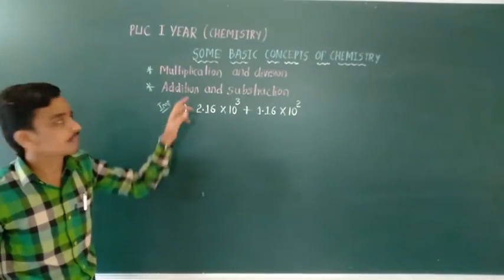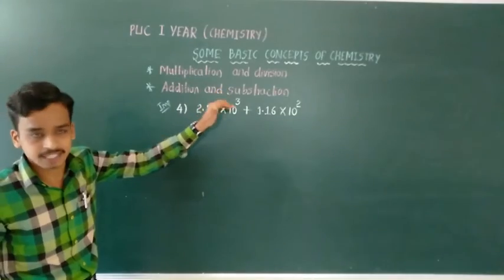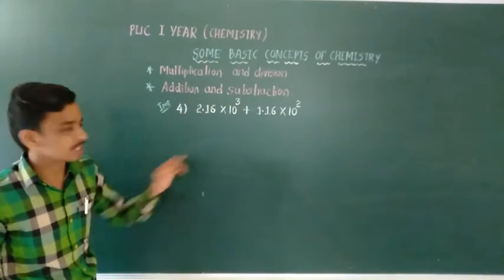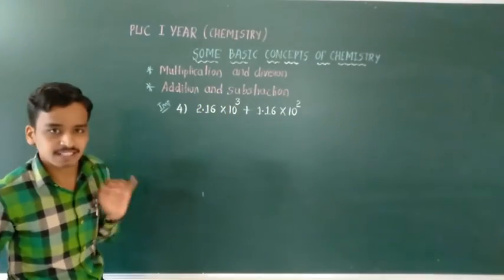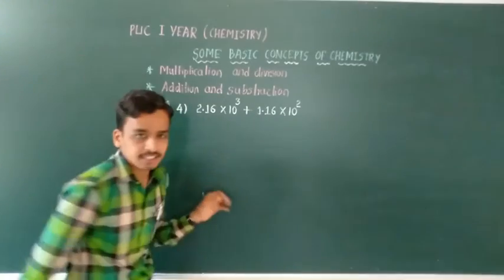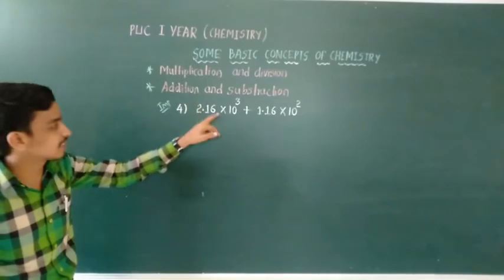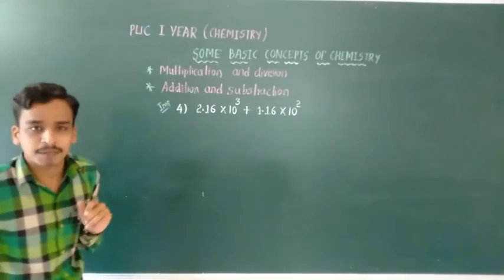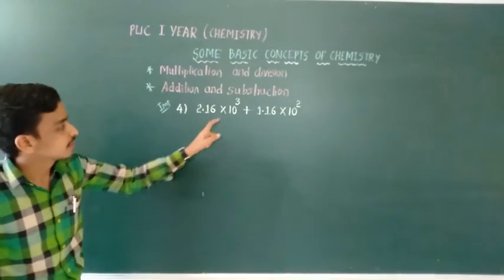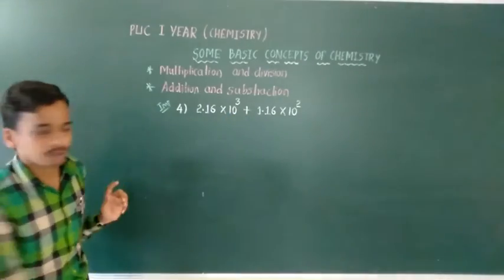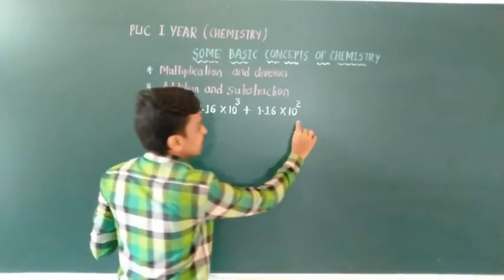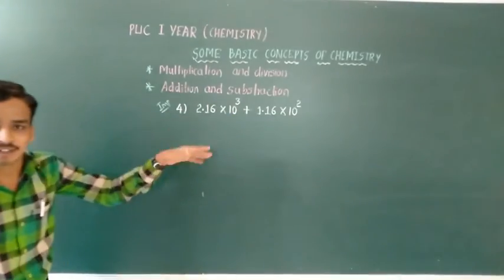Okay, it is quite different from this multiplication and division. In the previous problems there was a multiplication sign, but here it is an addition sign, therefore you should not continue with a similar method. You cannot use the a raised to m into a raised to n property here, because there is no similarity between these two numbers. The numbers are different, therefore you have to take a common factor here.